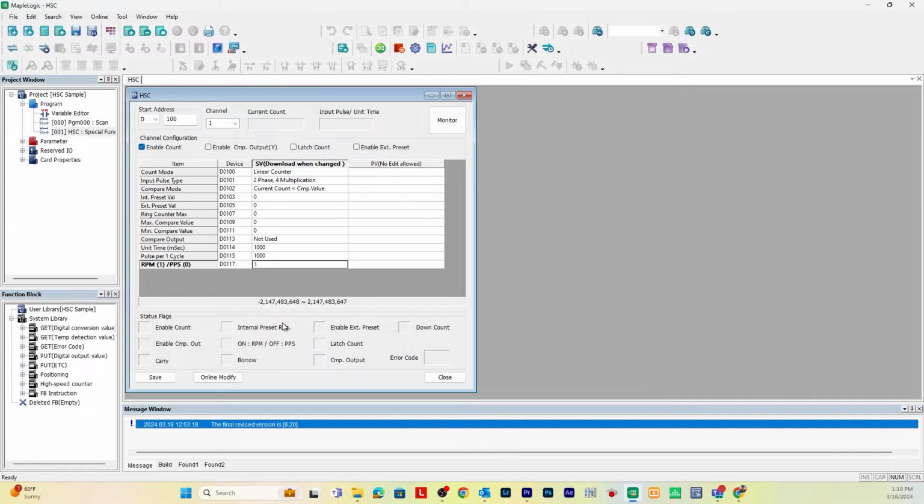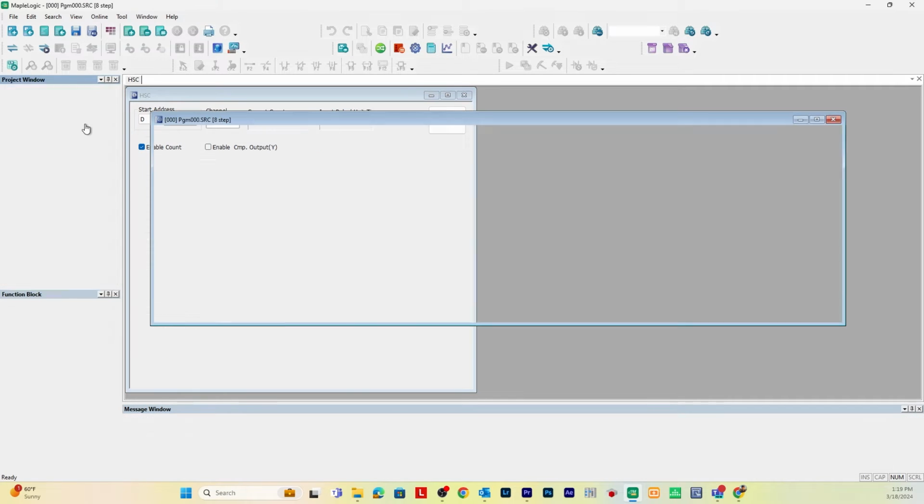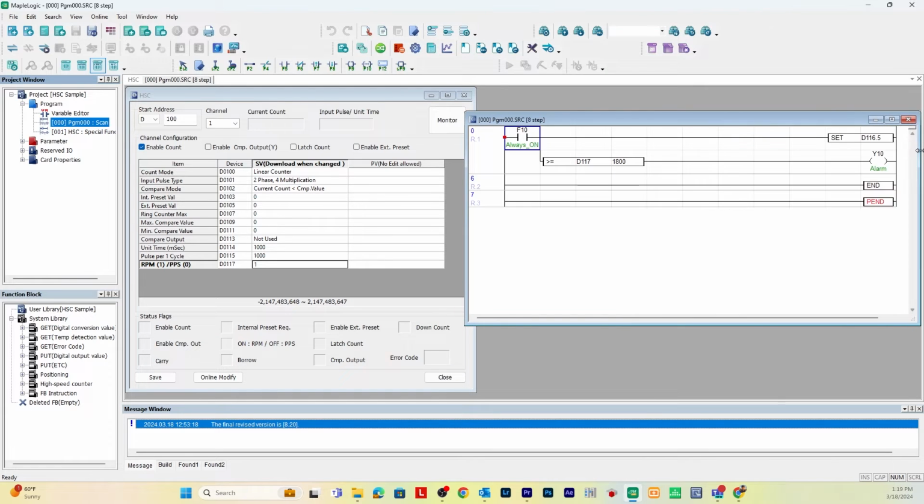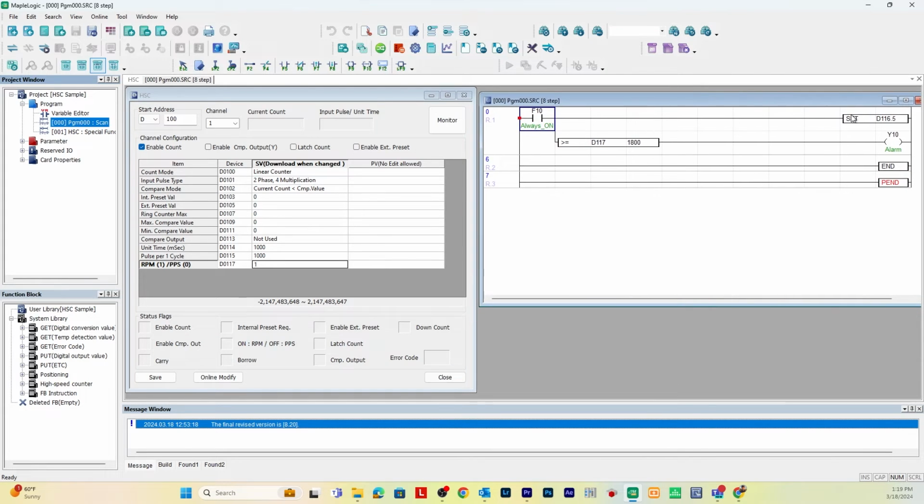So next, we're going to build our ladder diagram. That's going to be in a normal scan program. So I created one here. I'm going to open this up. So in my ladder diagram, the first rung will turn on the RPM flag. This must be turned on to use the RPM function. The instruction is set and then